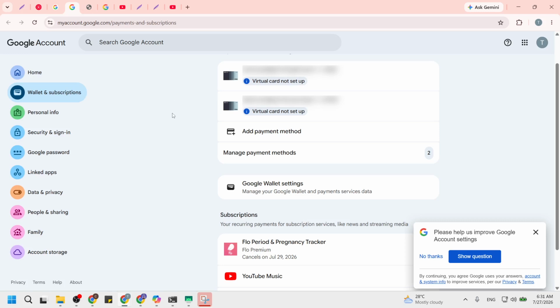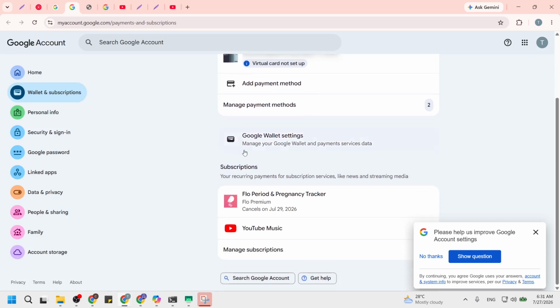With your payment methods updated, move on to connecting them to your actual subscription. Go to the Subscriptions and Services tab. You will usually find it as a separate tab near the top of the same page. When you click it, the view changes to show all active and past subscriptions tied to your Google account.